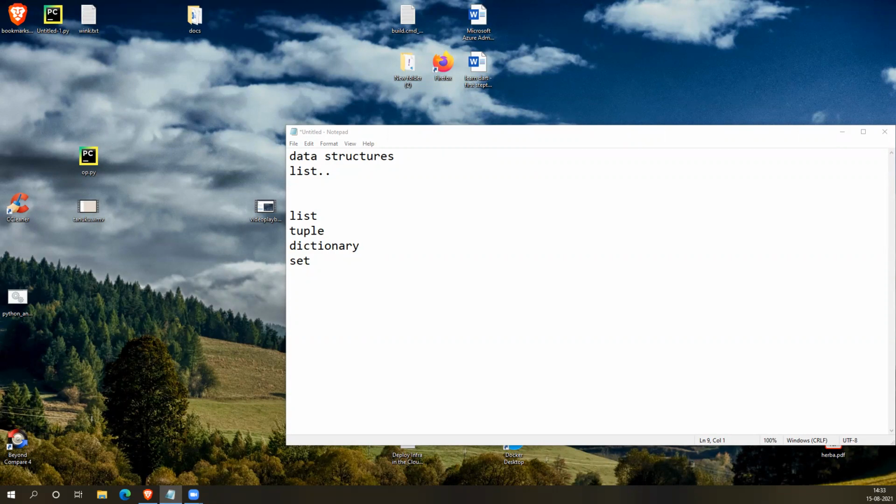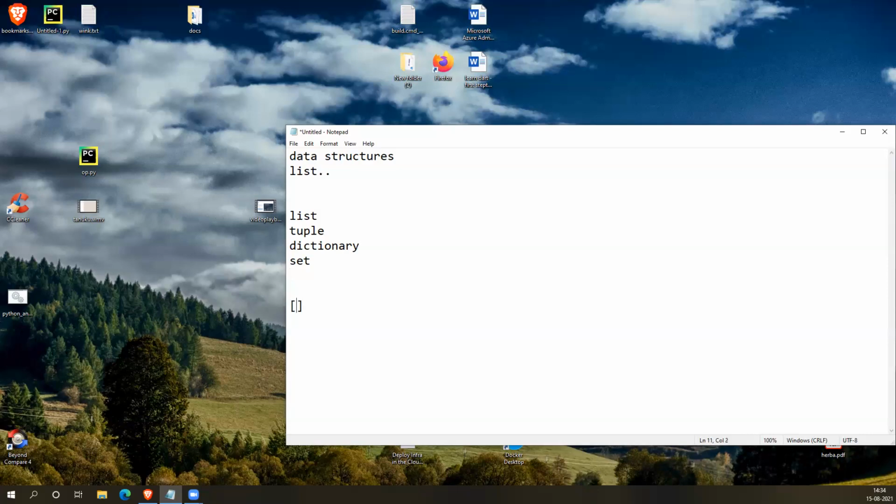Unlike C language or Java, where if you create an array, you need to set the data type, and the complete data structure should contain the same data type. But here in Python, it's replaced with a list, and it has another concept of array also. It's an extension, other than these four. That is almost equivalent to the C language one, but the syntax and everything is different. But coming to C, the list is almost equivalent to C language data structures, arrays.